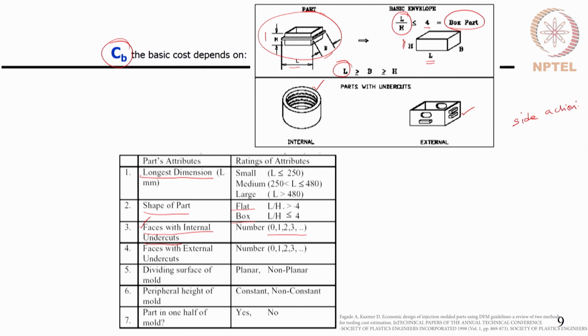Because these undercuts will prevent the mold part from being ejected out, the holes or other features on the transverse direction need to be obtained by side action components in the mold. If this is the mold opening and closing direction, any feature that is transverse to that cannot be obtained unless we have side action.